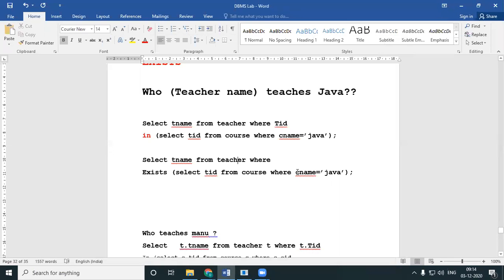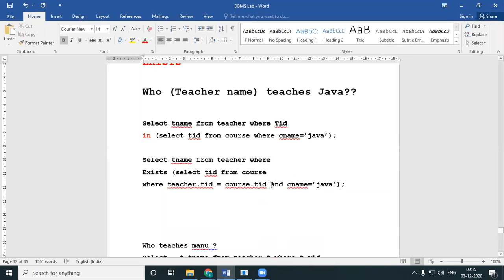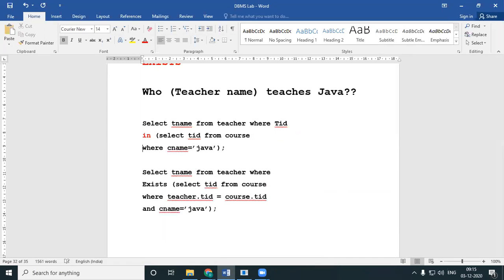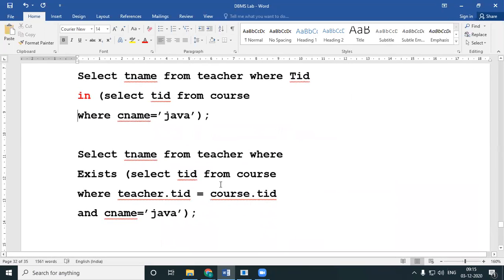So you write over here where teacher.TID is equal to course.TID and an extra condition. I'll just have this in the next line. So this is how you write your exist query. You don't write TID over here outside.